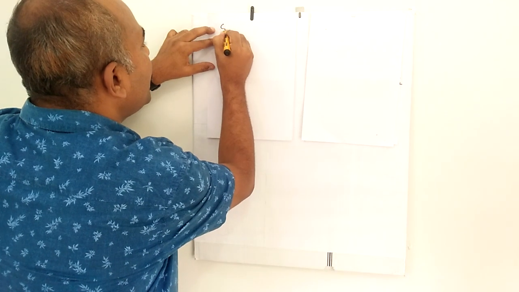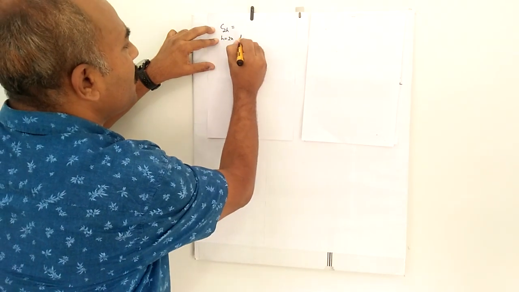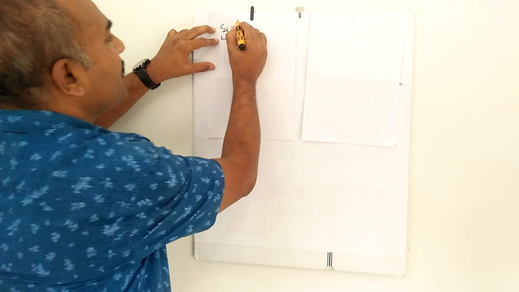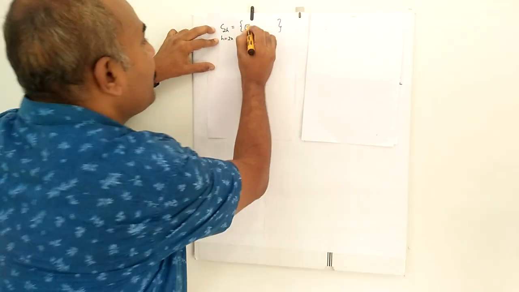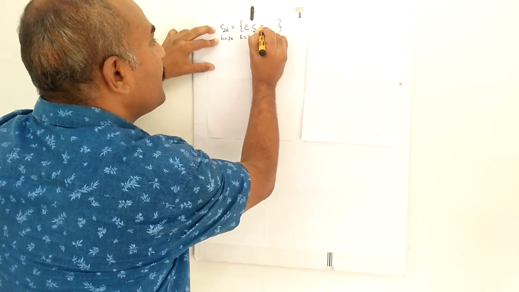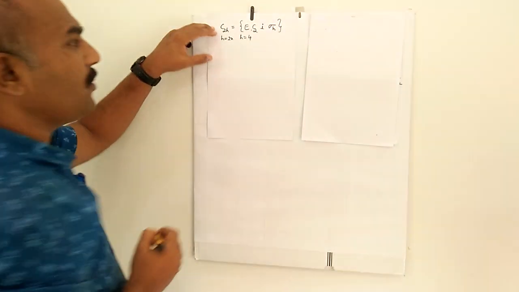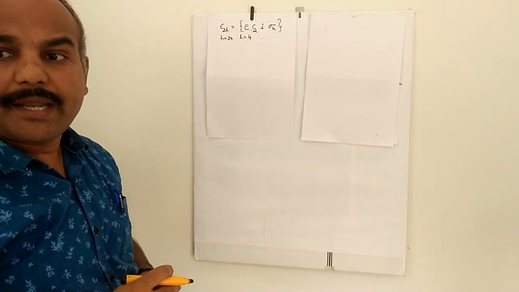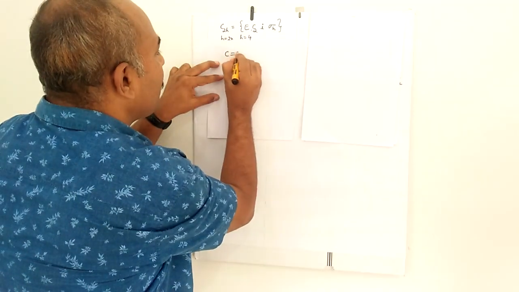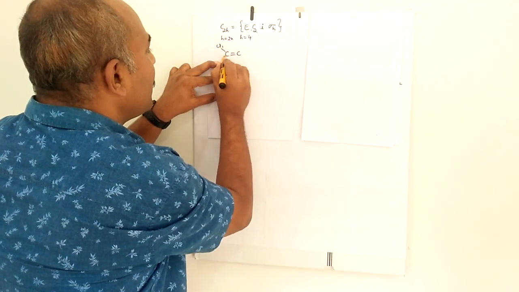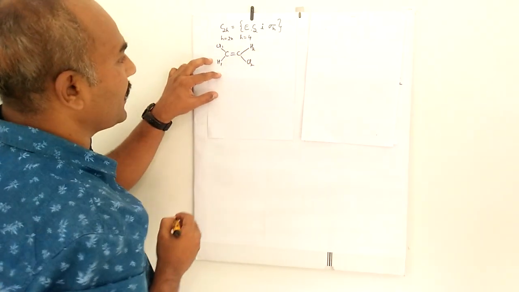Okay. C2h, here h is equal to 2n, so h is equal to 4 elements which are present here. The elements present in the C2h point group are the identity element E, C2, inversion center i, and sigma h. The horizontal plane is also present here. For this, we can take trans-1,2-dichloroethylene, C double bond C, Cl1, H1, H2, Cl2.